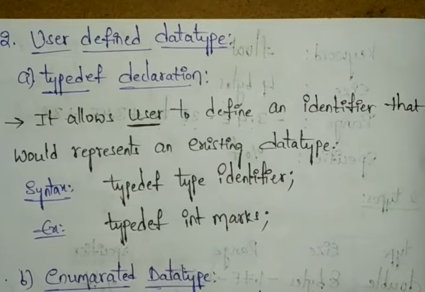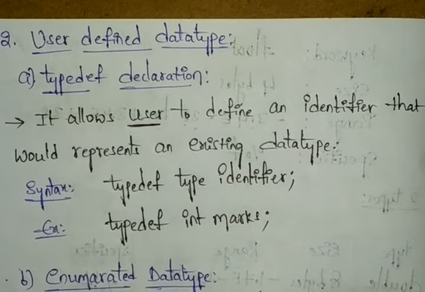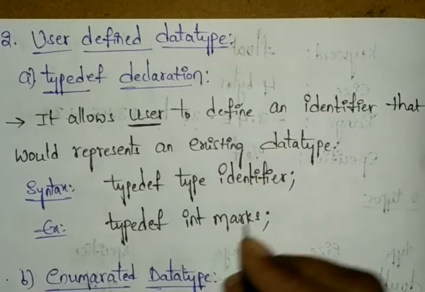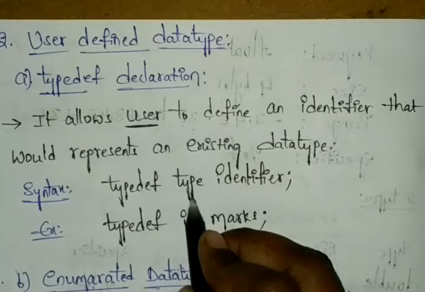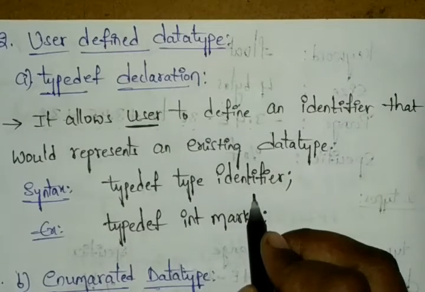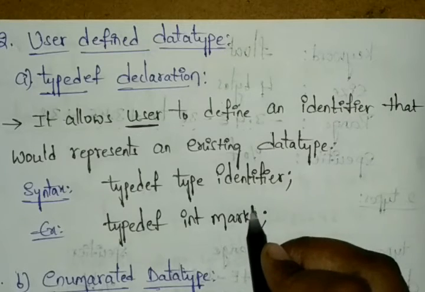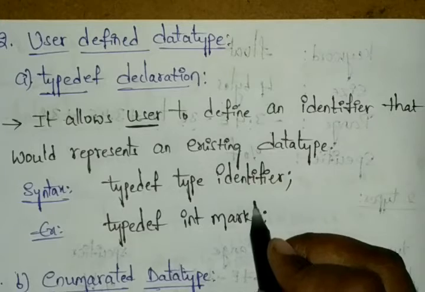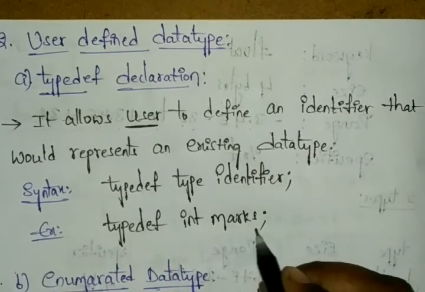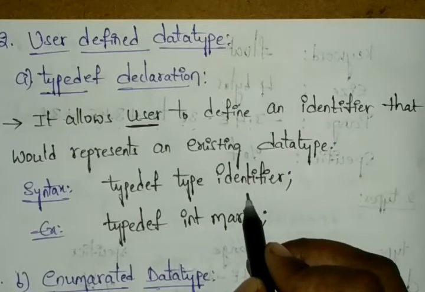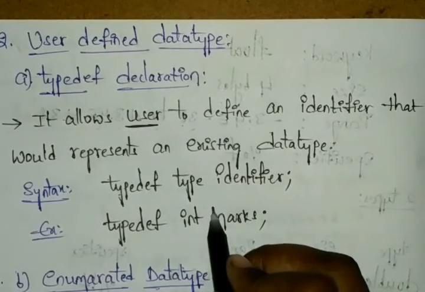If you're taking the percentage of marks, in that case you can choose the float data type. Okay, so here you can see what type can be performed. This type can be performed like an existing data type, and the identifier refers to the new name for our data type. Whatever name you give, that is your new name here. So marks is the new name for this. We are defining whatever variables you have.